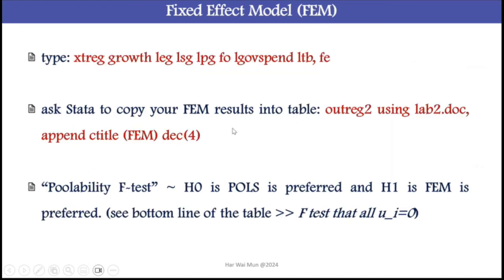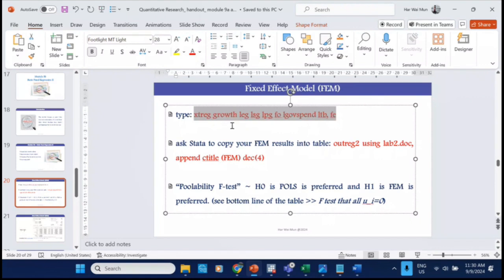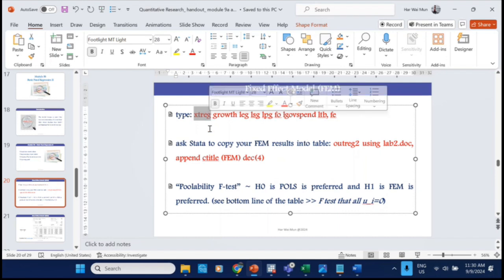So now you start this one, copy and paste. If you don't do panel data, XT, cross section and time series, just now you just had REG. If you put XT in front of the REG, XT reg, that means you are running the regression based on panel data. Again, you see the same thing until here, except for the XTREG. Then you put a comma and put FE behind, to show that it is a